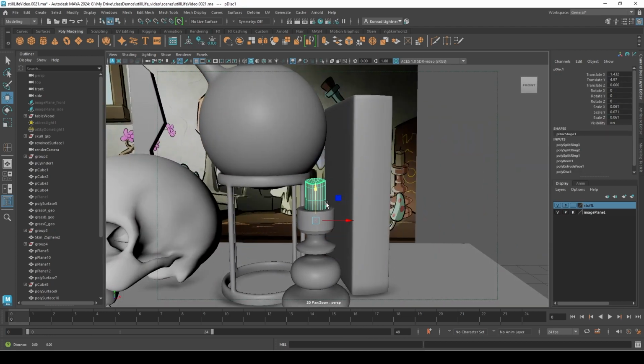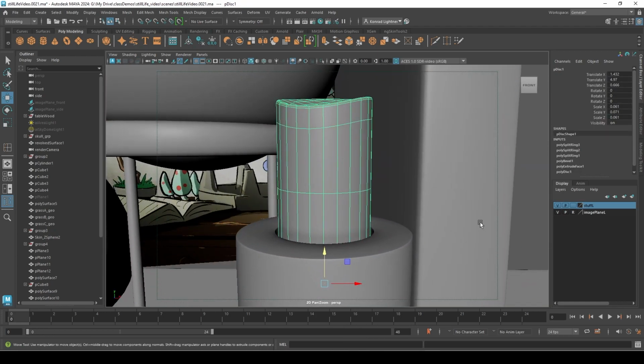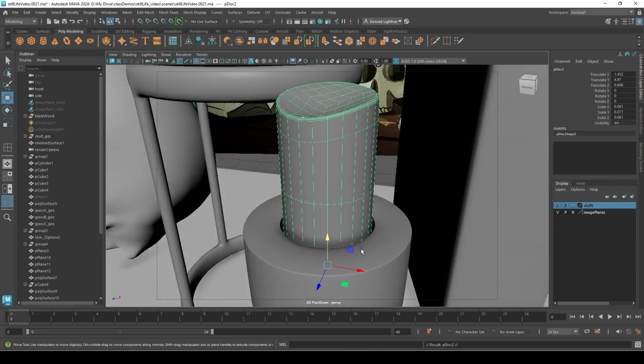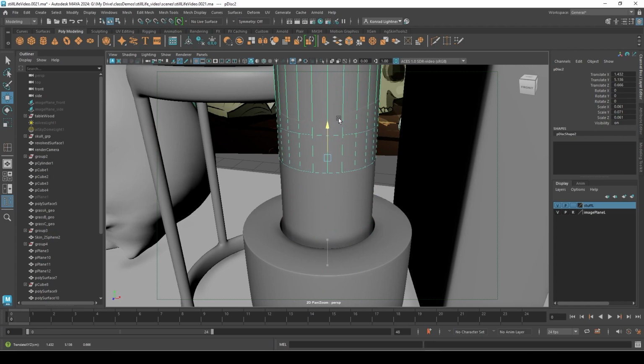Now the next part is adding a wick. So I'll do the same thing. I'm going to duplicate it and then just scale it down. I wouldn't extrude. So a general rule of thumb, if you're wondering if things should be part of the geometry or not,